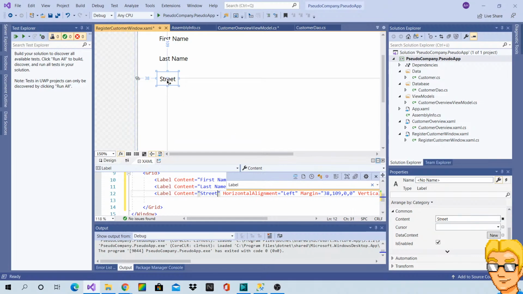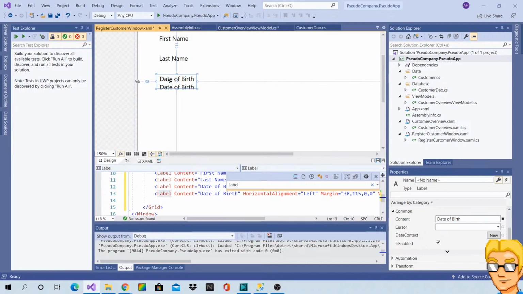Street. Maybe first. Just put it down here.